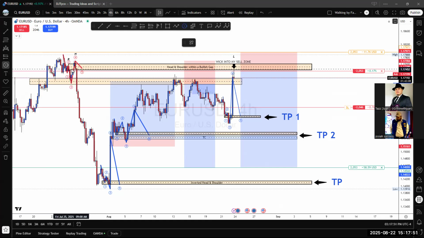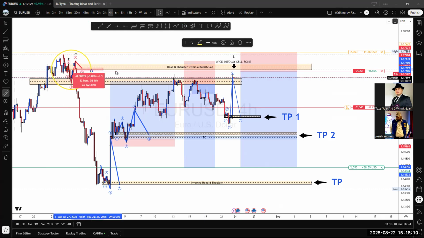So all this, the right shoulder and the head, happened July 28th. You see down in the bottom? By 1 a.m. Monday, July 28th, 2025, at 1 a.m. That's like a month ago. So exactly, it took a whole month for price.